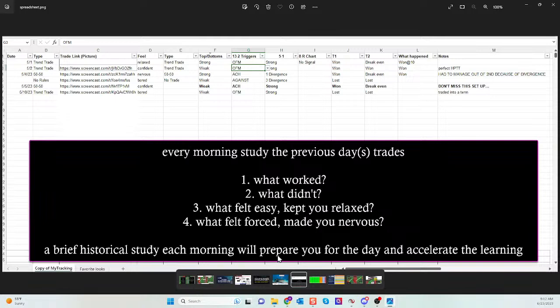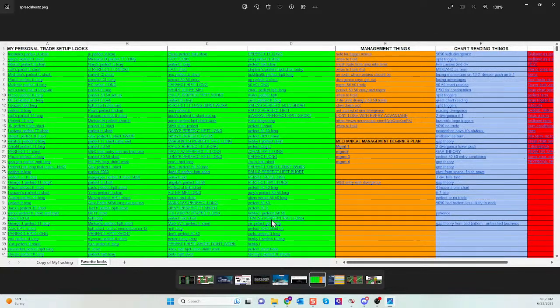Guys, if you do this little historical study each and every morning, it will put you in a better mindset for the day. If you take the lessons from yesterday and apply them to today, you can't help but have forward progress. So use that spreadsheet. And then as you learn the rules, as you're developing your plan, as you're getting comfortable with the rules, every time the rules are met, whether you take the trade or whether somebody posts that trade in the classroom, steal it from the materials, maybe you're doing historical study, but start to fill that second page, guys.